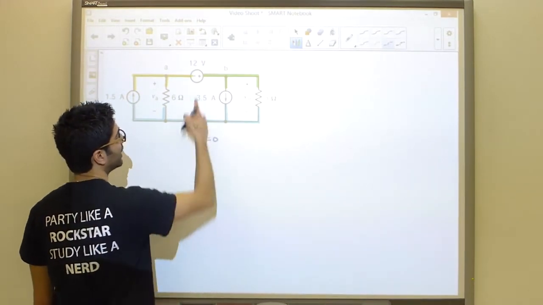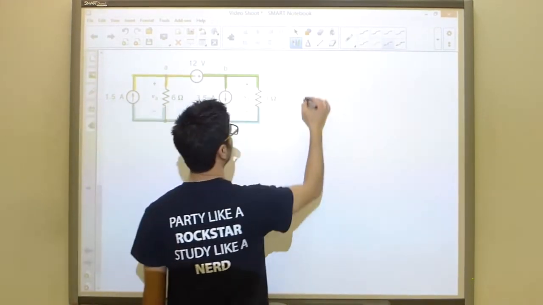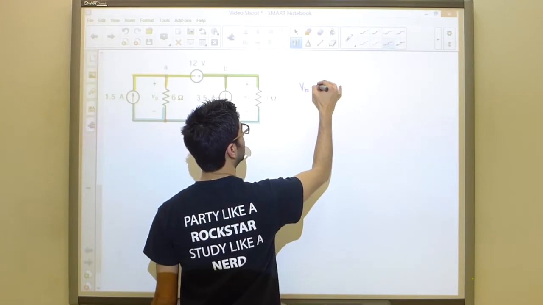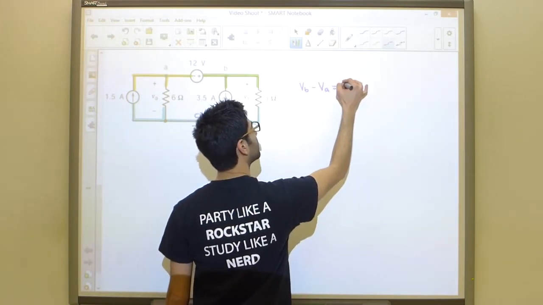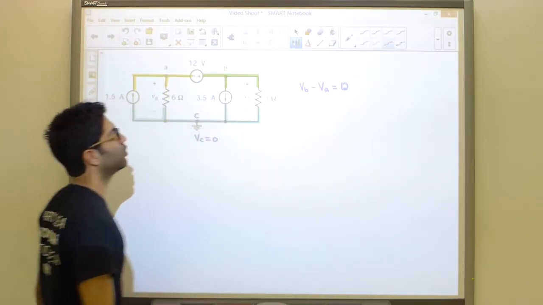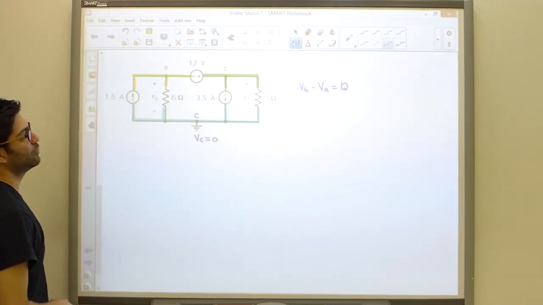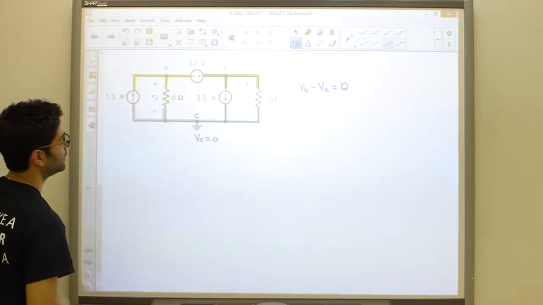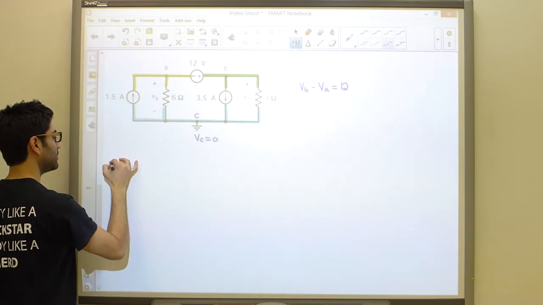Step number 1 is to write a constraint equation for every voltage source. So we know that VB minus VA must equal 12. And now you're going to start writing nodal equations for each node. So let's do them over here. If I take a look at node A,